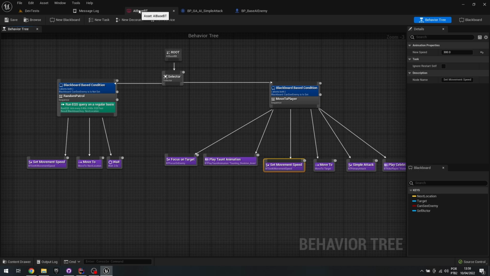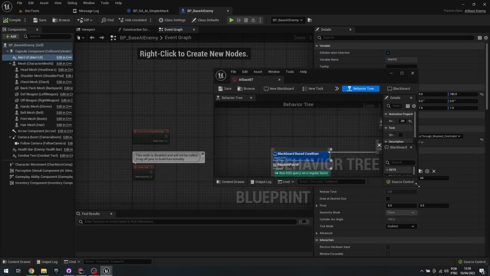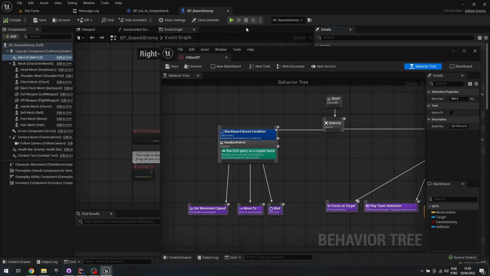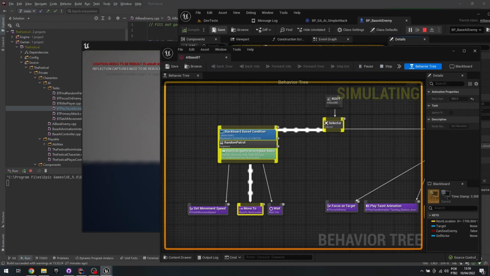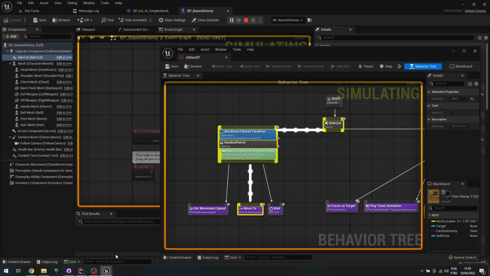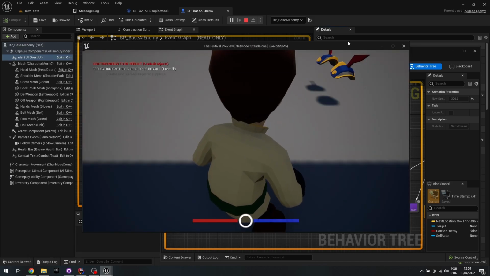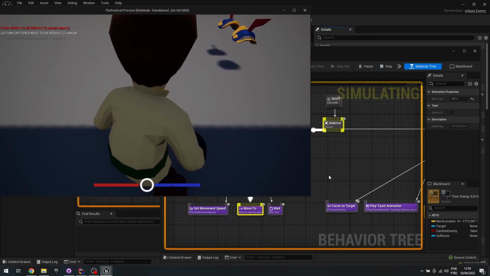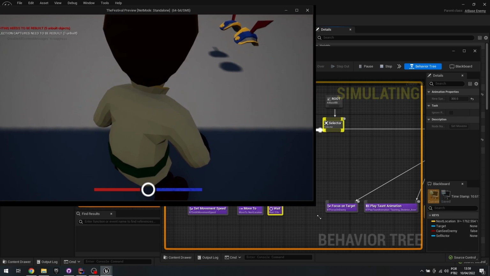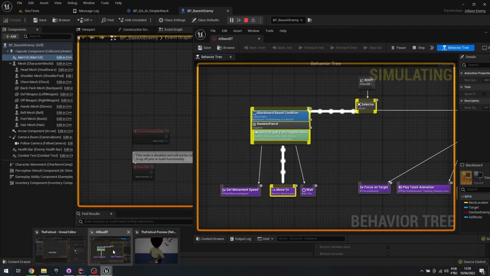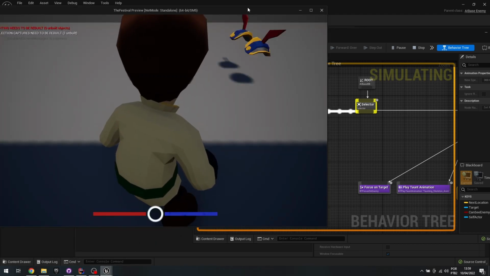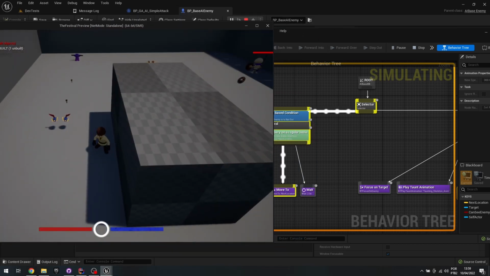So what this is pretty much doing is, if I can make that without using my second monitor, once I play this, let me see if I can make that a little bit bigger. Oops, I kind of lost the window. It's really difficult to do that with a single monitor. But basically what this is doing is,